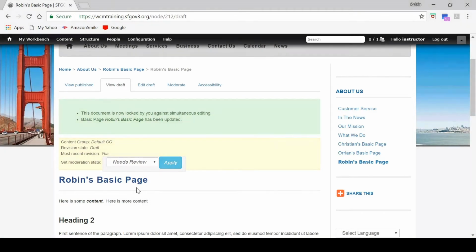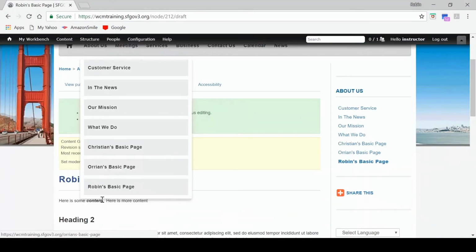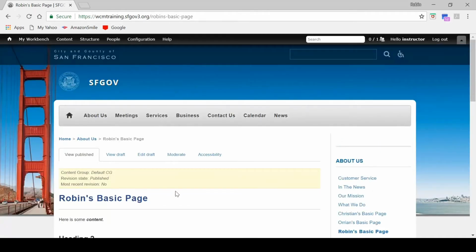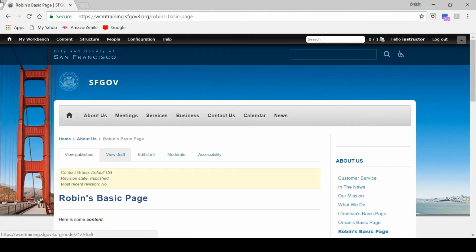But I also have, if I go to About Us officially and I scroll down far enough to see my published version of my basic page, when I click on that basic page, it doesn't have that additional paragraph, additional sentence yet. So that's important to realize until you go through the process of applying the needs review state, applying the published state, you do have 2 copies of the page if it's an existing page and you've made a change to it. And that's where you would use my workbench menu